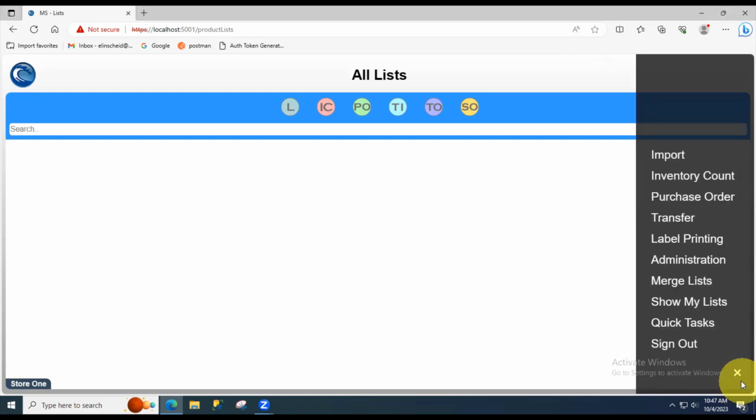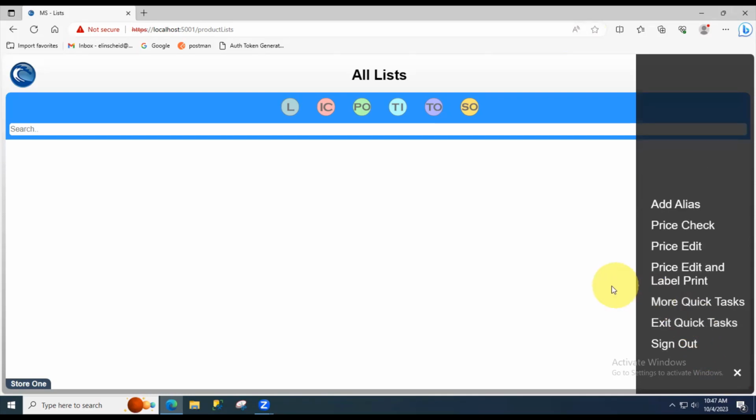Begin by selecting the menu button. From the main menu, choose Quick Tasks. A concise list of available quick tasks will appear, including Add Alias, Price Check, Price Edit, and Price Edit and